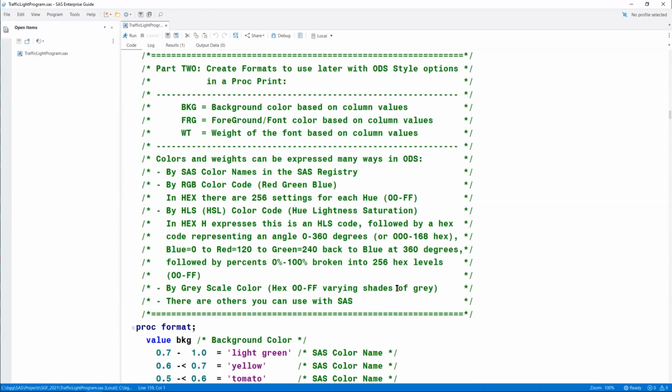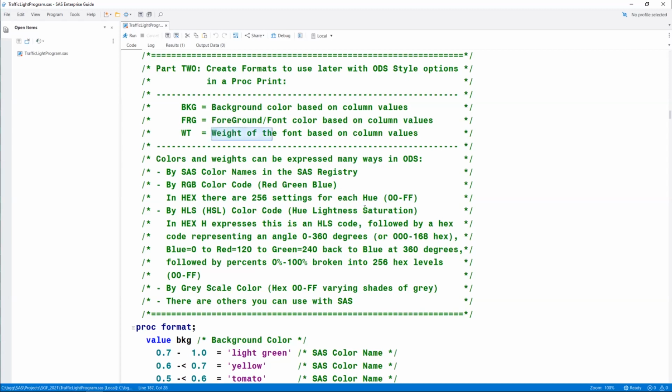And now what I'm going to do is create my user-defined formats that will relate those percentage values to different style attributes. The attributes that I'm going to format are the background color based on those different percentages, the foreground font color, and then the weight of that font.